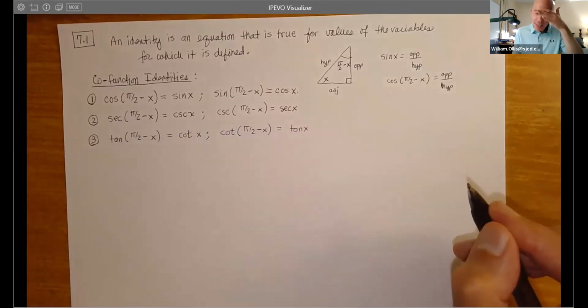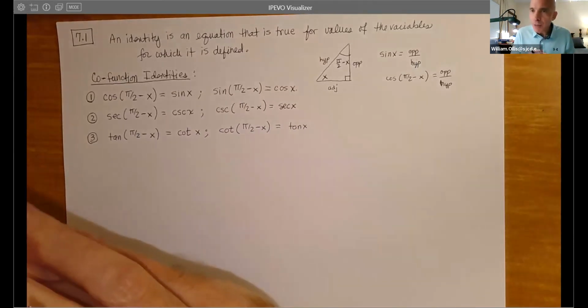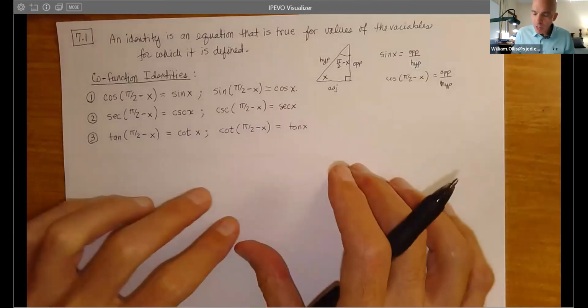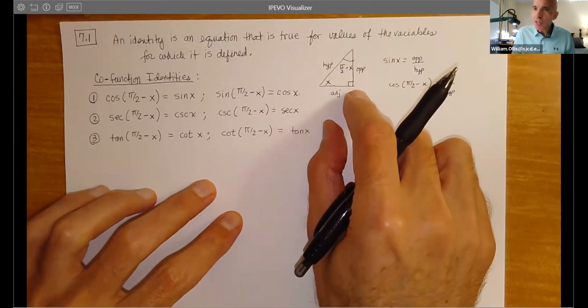So the idea here is that someone did actually think about this. And this was not something that happened overnight, but now when you remember this construction here, you now can see